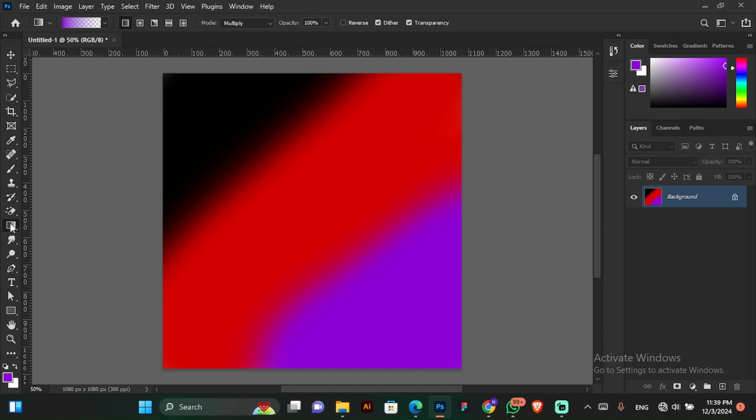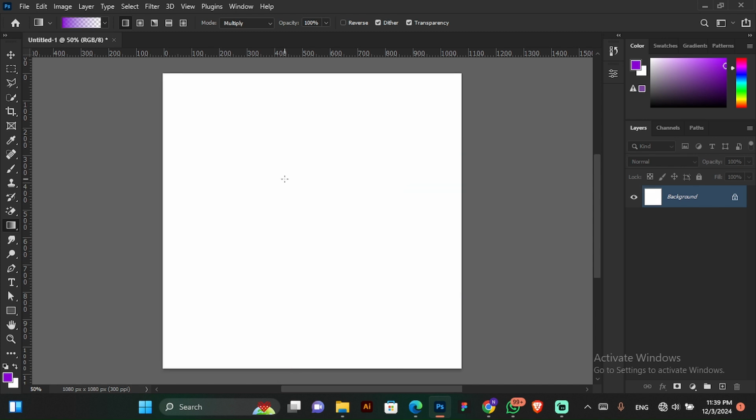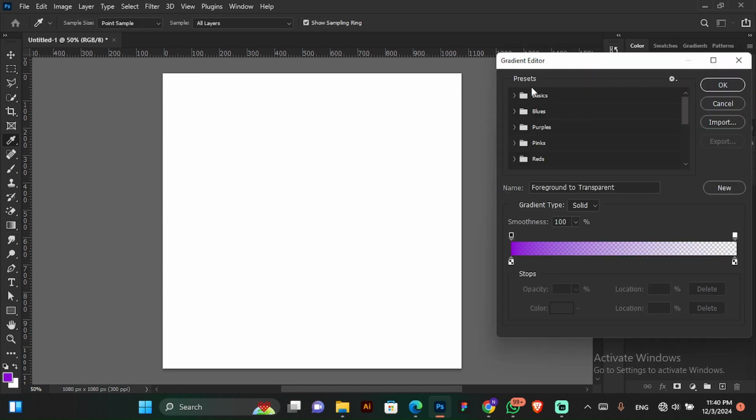So I am going to demonstrate what the gradient tool does. For example, we have this right here, so I'm just going to press Ctrl plus Z, Ctrl plus Z, Ctrl plus Z to return it back to white. So when you select your gradient tool, you see all these things up on your workspace. You click right here to bring up this